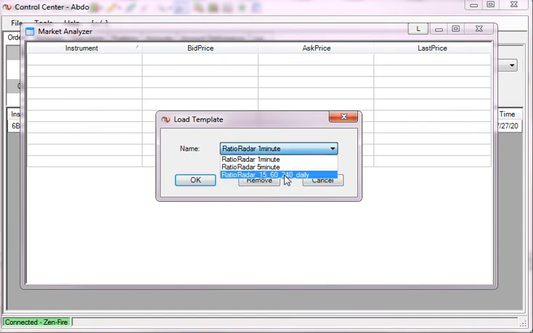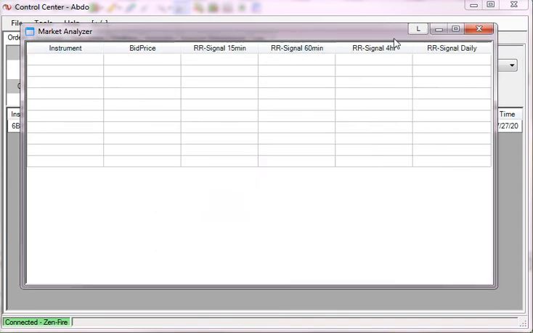So let's say I pick 560 240 daily. I'm going to hit OK here, and you can see all of that pops up here. And then I simply double click and insert any instrument that I have. So for example, here I have another market analyzer. If I type in the Euro 6E and then space 0910, so the Euro on the September 2010 contract, I hit enter. It's going to start scanning, and you can see right here, it tells me that there's a